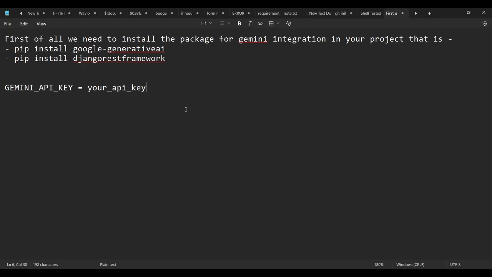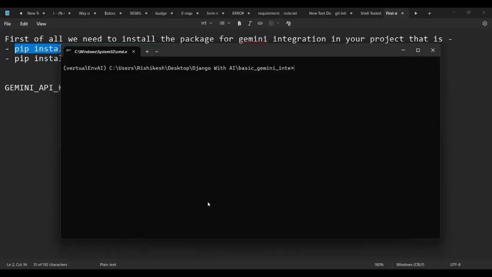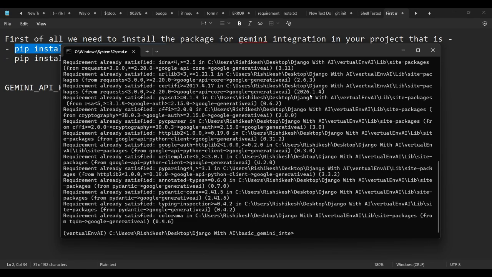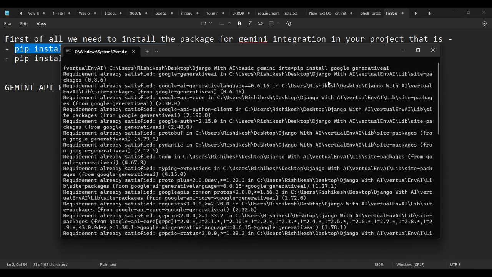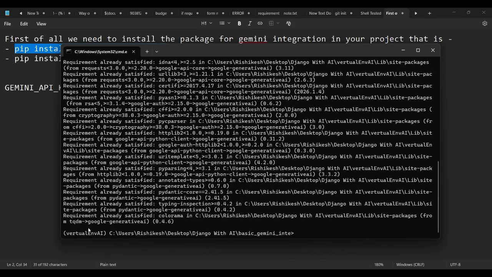Okay, and now after that we need to install the packages, which are pip install google-generativeai, and also for the API we need pip install djangorestframework. Let me show you how to install both, and you can see I have already installed them in my system, so it gives me requirement already satisfied.